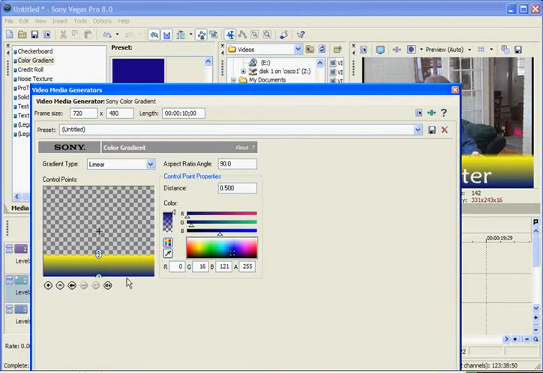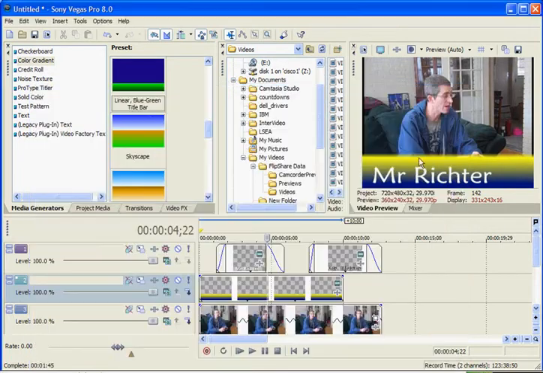I'm going to take that number 3 and bring it up just a little bit, to make it get darker blue faster. And don't mess up your aspect ratio angle. So I'm going to change that back to 90. So that gives me a pretty good looking title bar. And now to do the name,